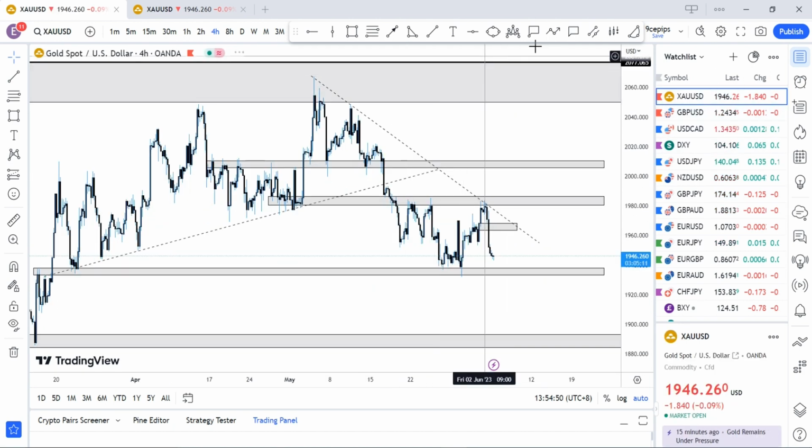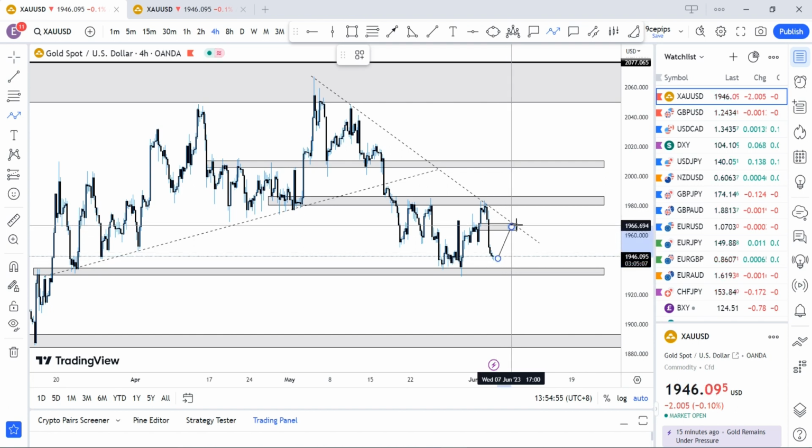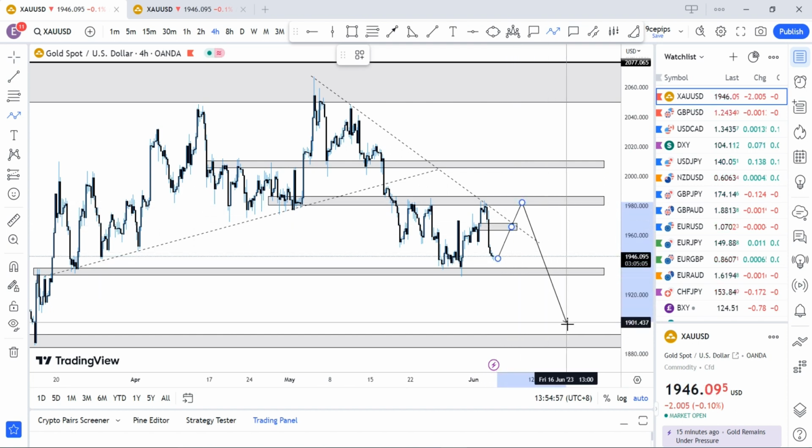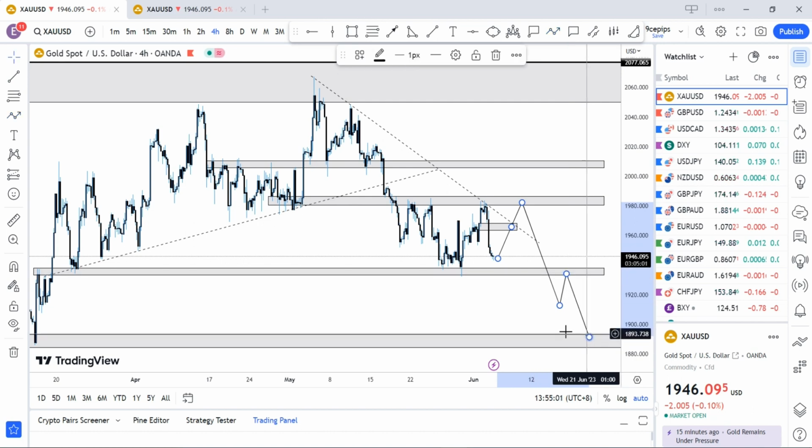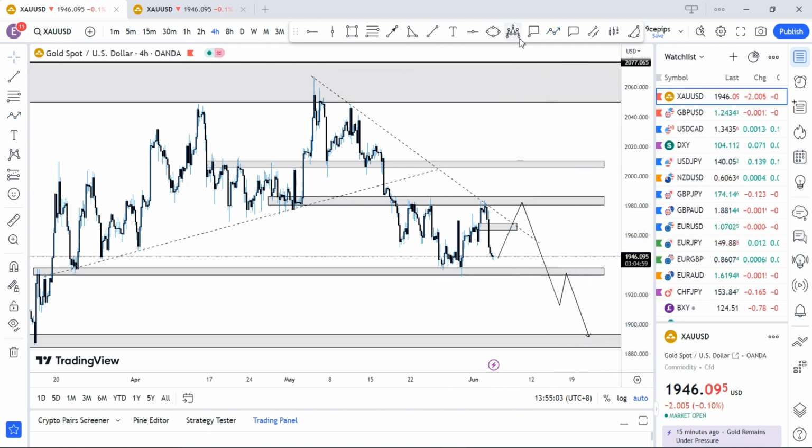Going back to gold, let me clear our directions. Maybe pull back to this region here, and then we'll continue to the downside, break this region and retest and continue to the downside. So that's basically my analysis. Just two-way things this week: we remember here or here, then we'll continue to the downside, or we'll break above these regions, continue to these regions, possibly continue to the downside, or we might just continue to the upside, depending.